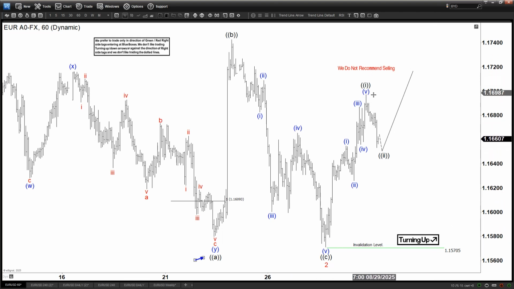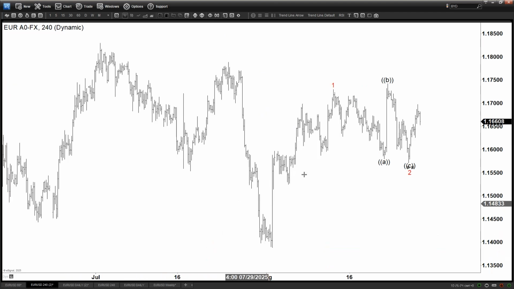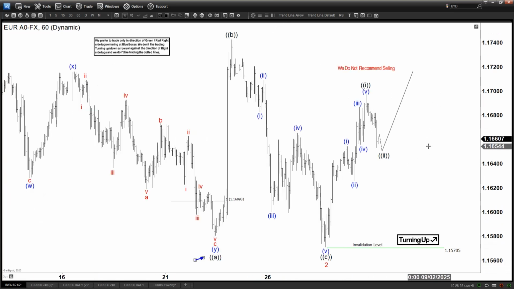A 5 swing favors more upside as long as we don't break below the beginning of that 5 swing, right? So that's why I think this view looks pretty good, because of that 5 swing rally, and most likely you're going to get at least further follow-up. Now, in terms of the alternate in the short term,